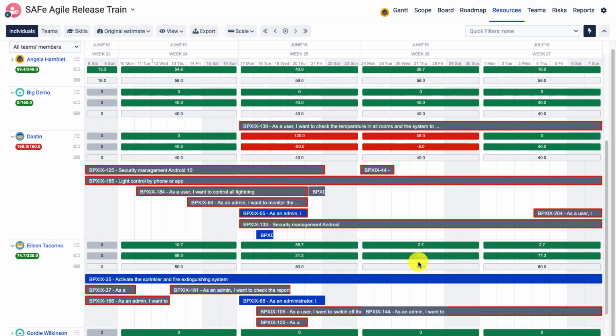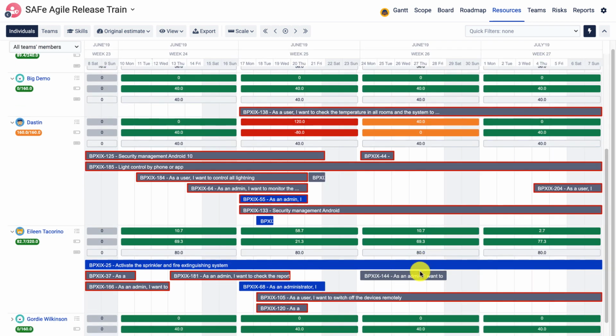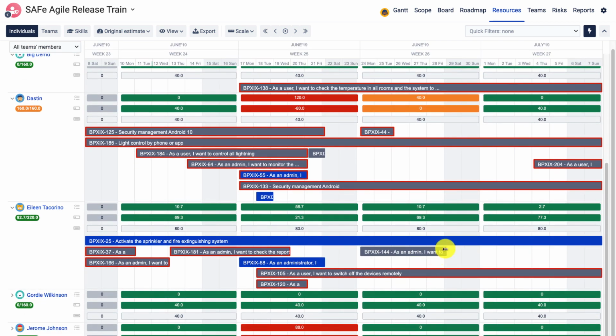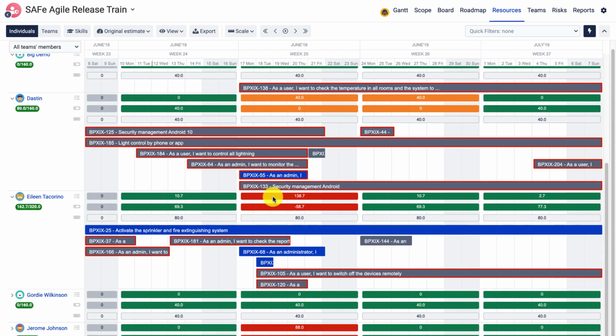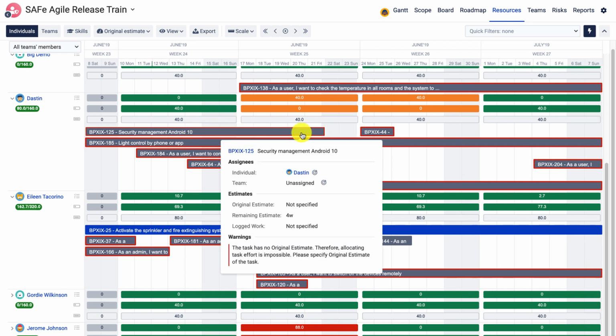Using drag and drop, I can reassign tasks between those resources. I can also level my resources. Using drag and drop, I can change the duration of my tasks. And I think that would be the task with an estimate. So you see here that there is a red frame around some of those tasks that indicates that there might